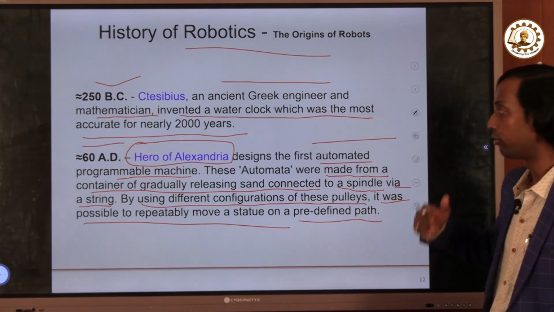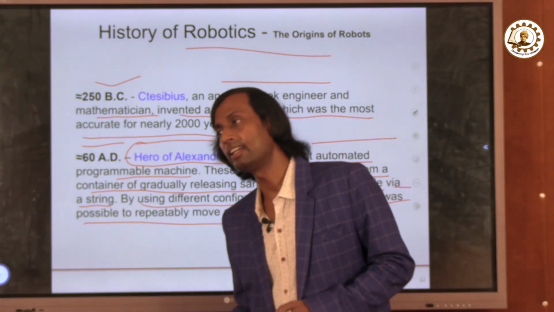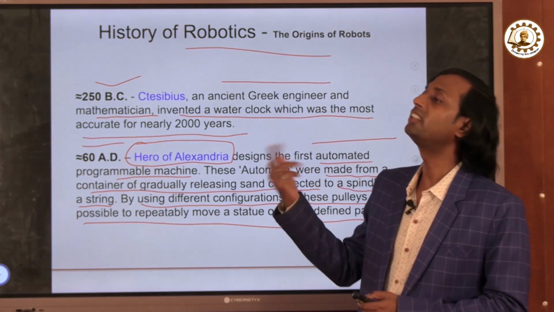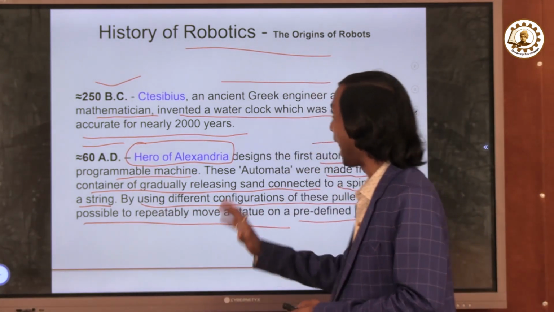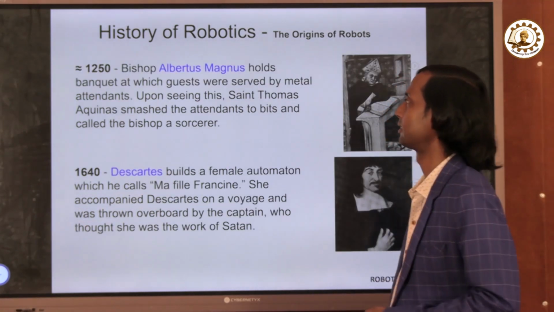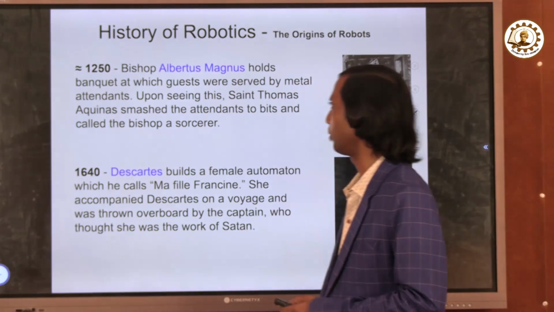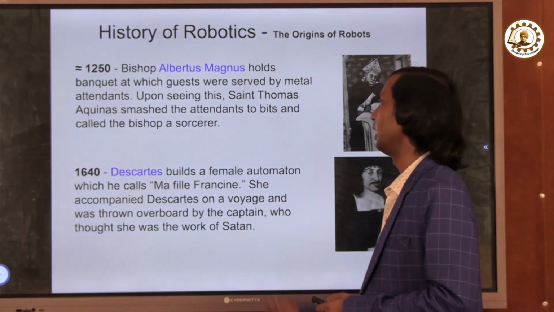So Hero of Alexandria discovered that human beings can be replaced with the help of some mechanism, and the name robotics comes. Then in 1250, Bishop Albertus Magnus,